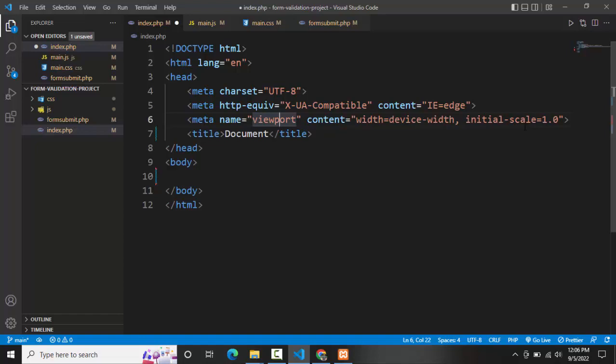Now the only important meta is character set, that is UTF-8, that is the standard for all the web pages that you see. This one is also important, like the minimum browser requirement. And the third one is meta name viewport. Now the meta tag can also have this name attribute. Meta name viewport actually gives the browser the instruction on how to control the page's dimension and scaling, okay,